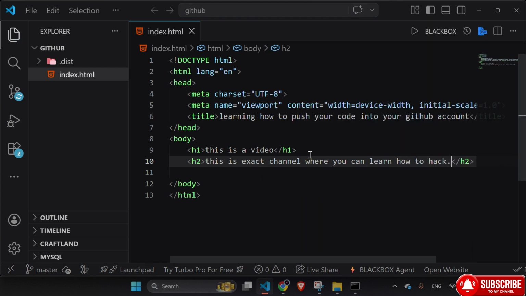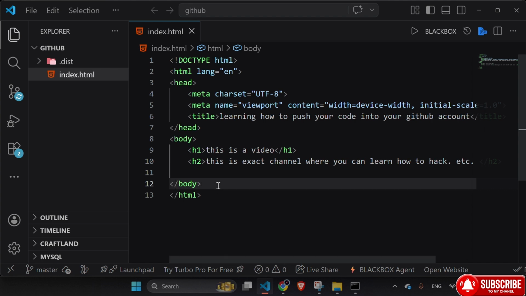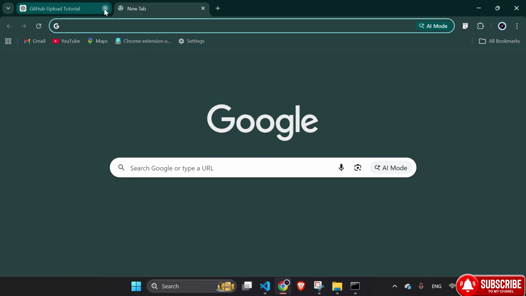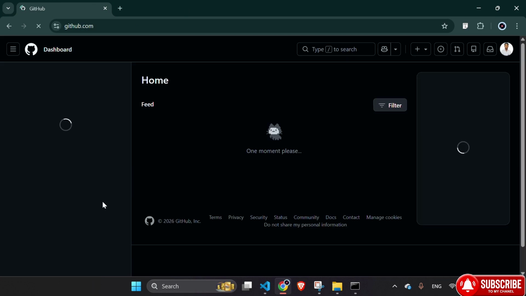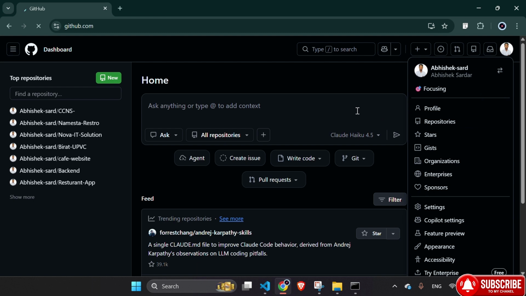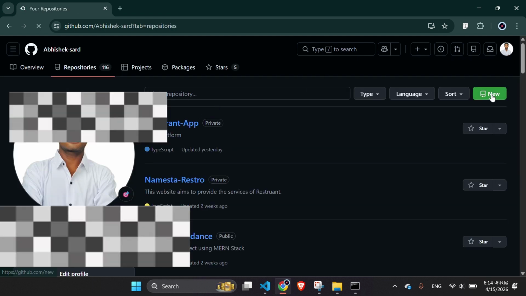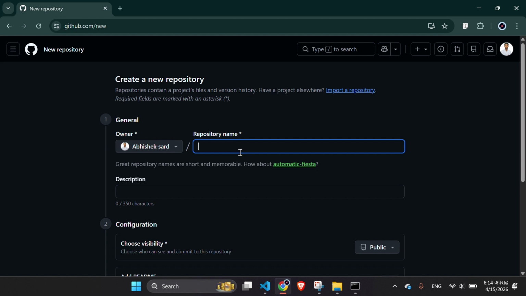So after that, I will open my GitHub account. This is my GitHub account. After that, I will click on repository and create a new one, and for the repository name I will write GitHub push,